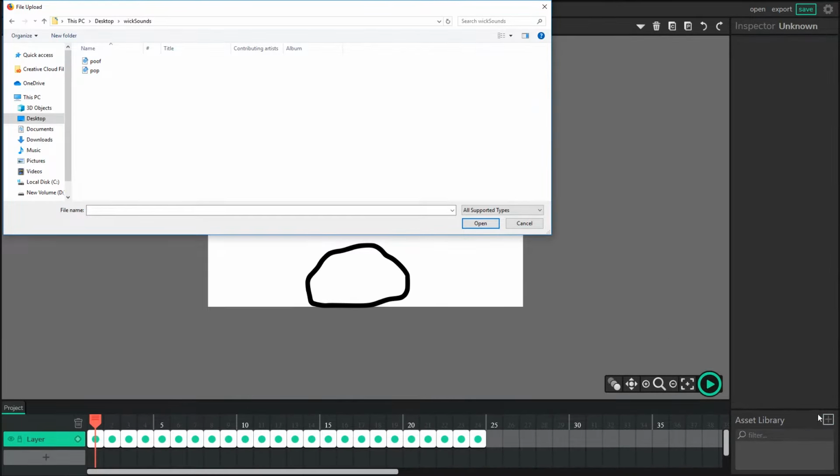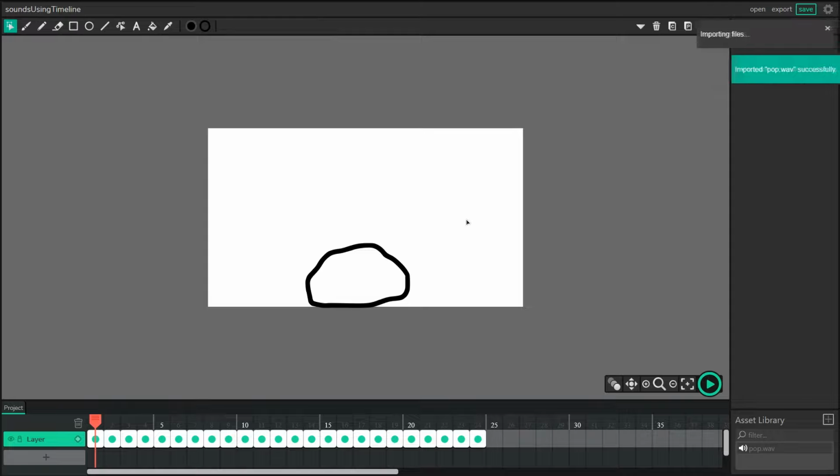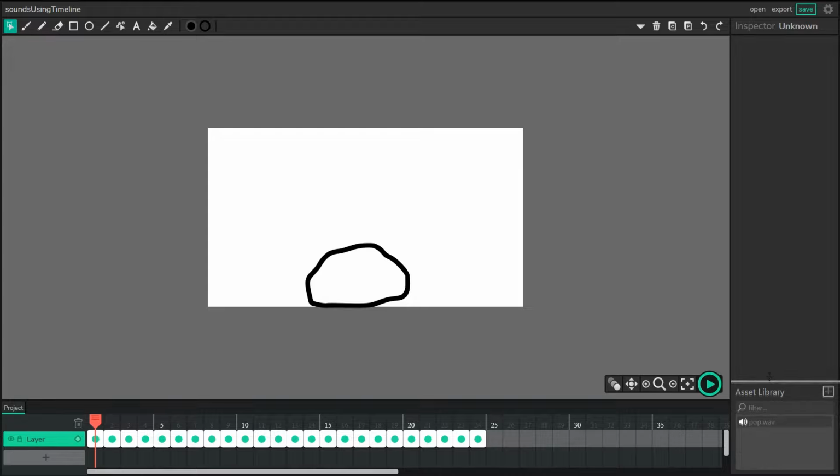When we click Upload Assets, we'll have access to our desktop or our file system. And what you can do is just pick the sound that you'd like. Now the sound I want to use is pop. I'm going to open it up, and when I click open, that sound gets uploaded to Wick. Now, if you look inside your asset library after that upload happens, you'll see that you've got a little pop.wav